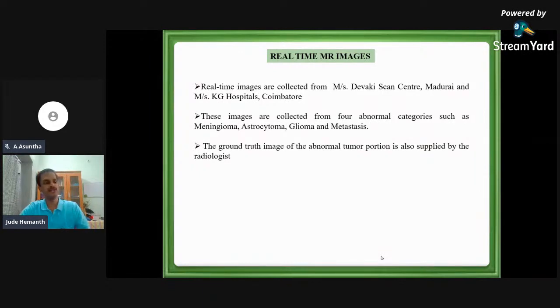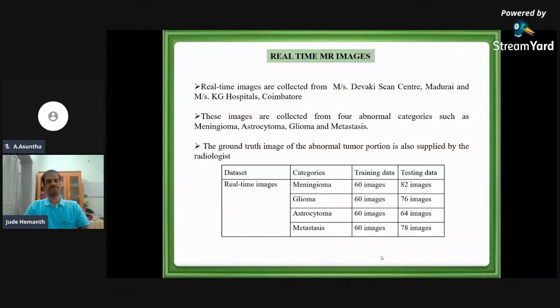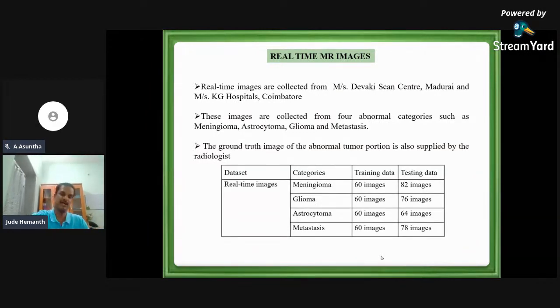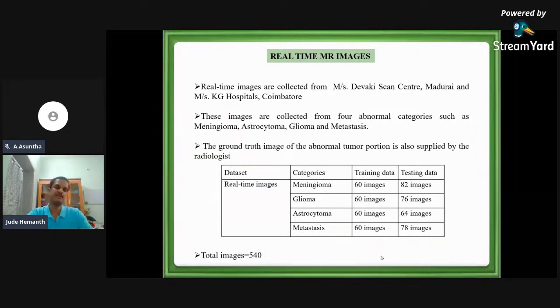So always remember, when you have your input data, the ground truth is also very, very important. What do you mean by ground truth? The decision taken by doctors. They will draw in the image the portion of tumor and they will give it to you. When you get an output from the artificial neural network, you can compare these two things and check how much success your approach has. And these are the types of images. I remember one question asked: how many images do we need to collect, right? A triple digit, three digits, is compulsory when you go for research. The more images, the better your accuracy will be.